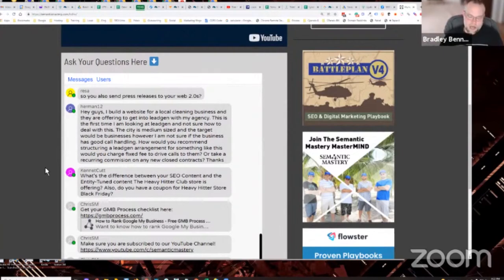In other words, if they pay me on time, and we've developed a good working relationship, then I may offer a revenue share model to them because I know it's in their best interest. But I also know that I can make more money that way if I'm getting a percentage of each job that's closed. And it's an incentive for both of us to do better, right? Because it